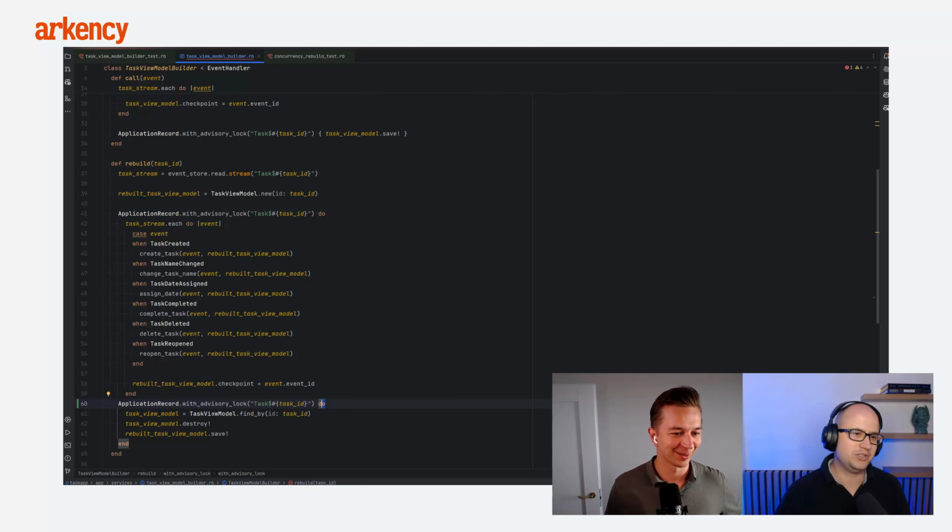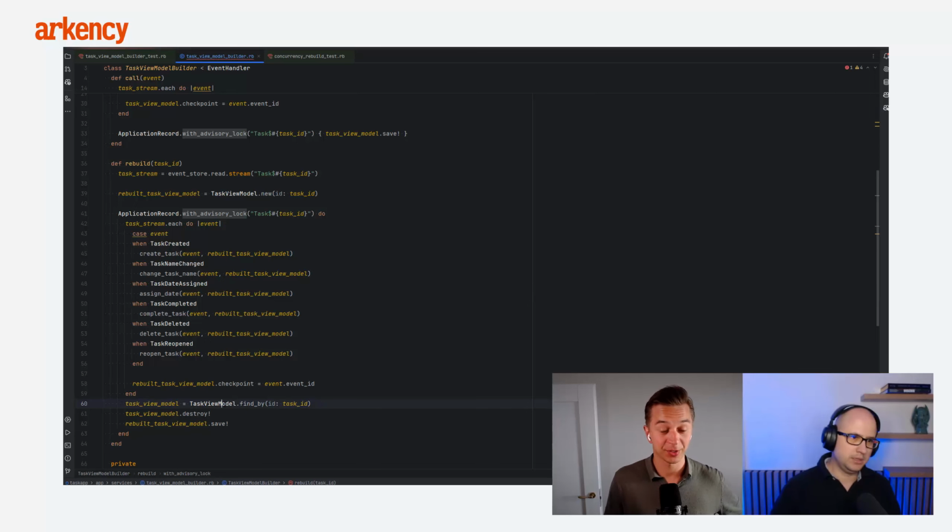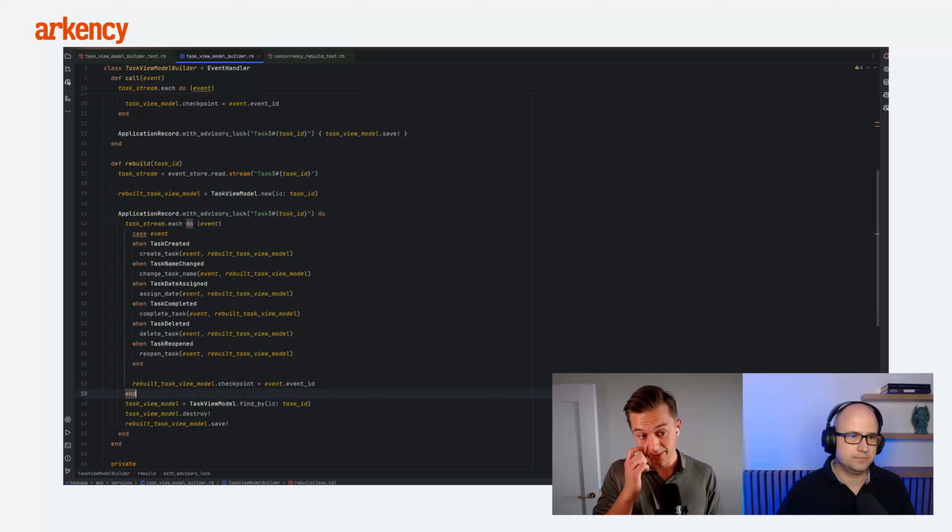Challenging the solution, to make the transaction take less time, which is a good thing, right? When we talk about relational databases, we don't like long-lasting transactions, but there is a specific reason for that. So the reason here is that we don't want anyone to disturb us during the event processing,